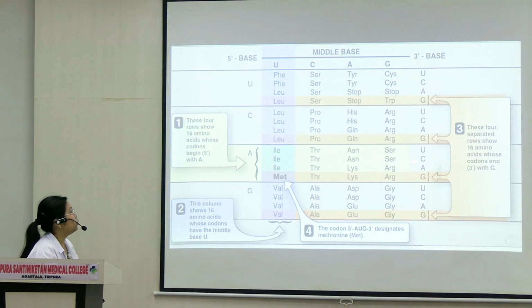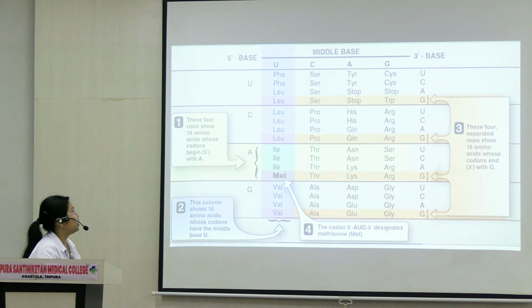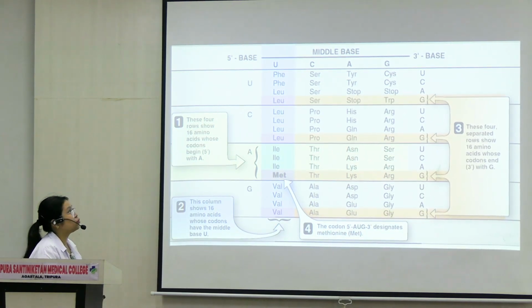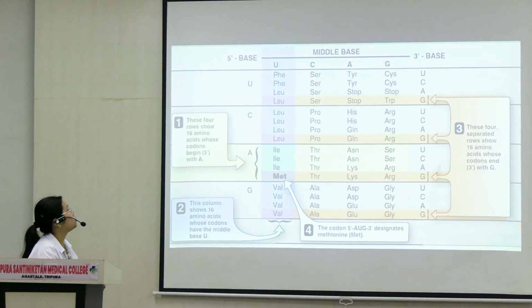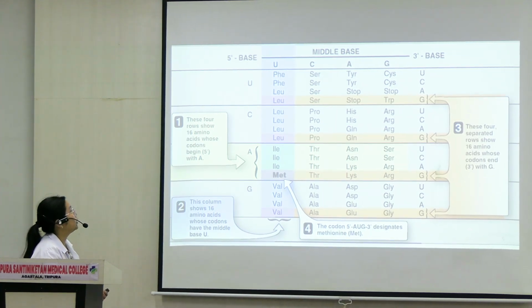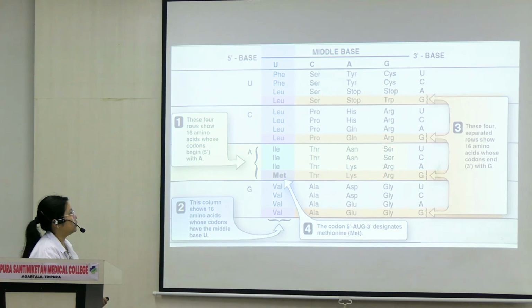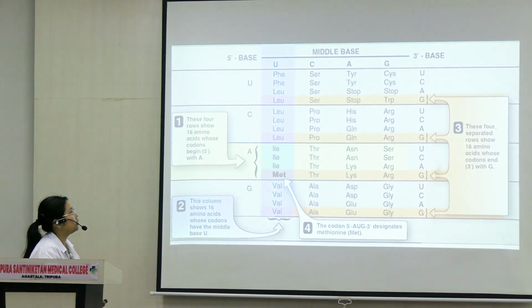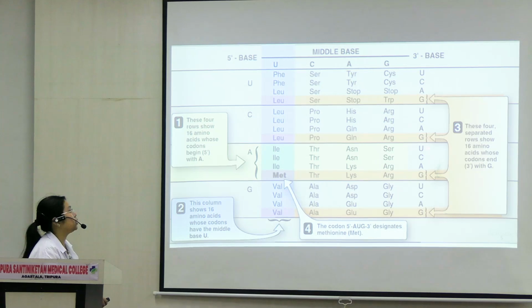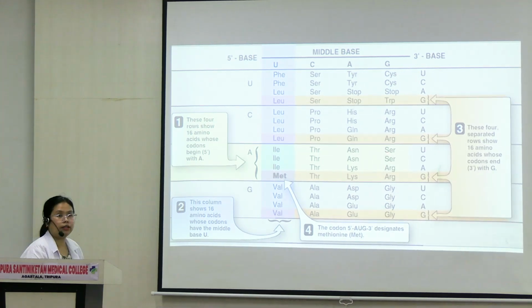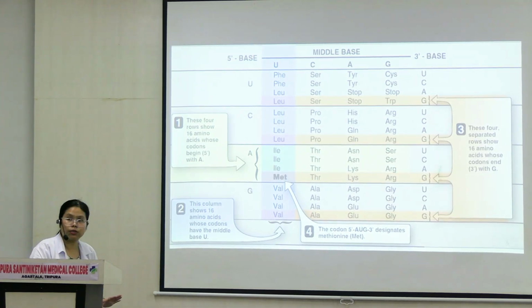So A, so you know this is what you are concerned with. यहाँ A आया, A फिर दूसरा क्या बोला मैंने? G. So G कहाँ पे है? ऊपर में, यहाँ पे, है ना? So इस वाले में G यहाँ आया, ये box, ये वाला group, and then U. The third base is U. U कहाँ है ये? So serine. Okay, this is not something they'll ask you, but you have to understand this is how you decode.